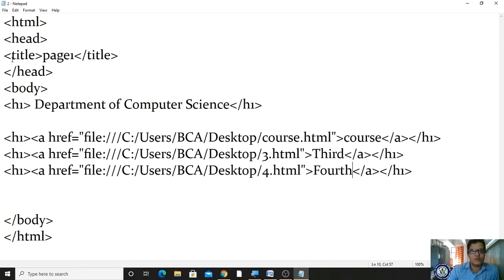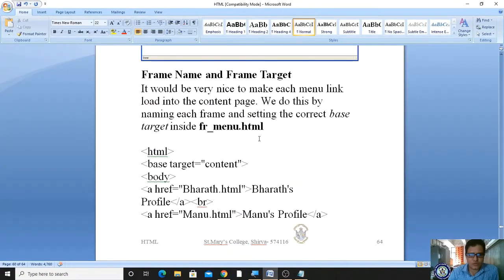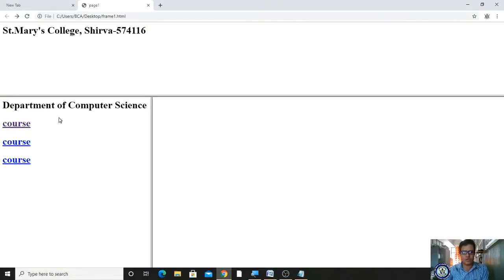Okay, yes. Now what is our concept? Frame name and frame target. So whenever we are giving the names for your frames to display, we are supposed to give a name for this frame and this frame.